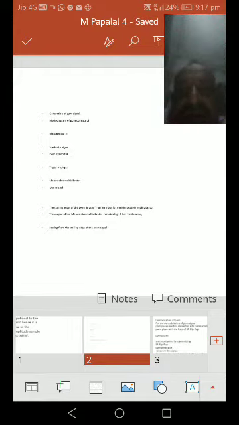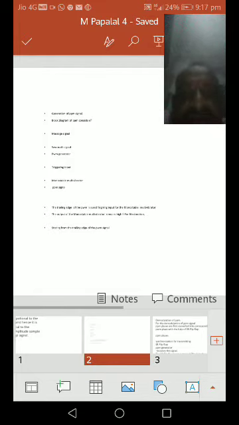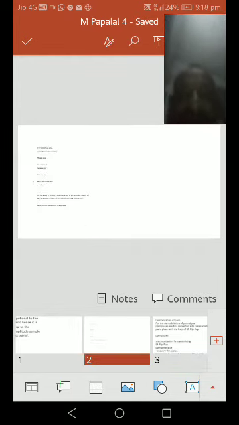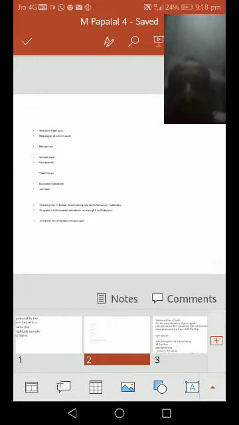That is how we get the output PPM pulses, the pulse position modulation signal. The trailing edge of the pulse width modulation signal is used to trigger the input of the monostable multivibrator. The output of the monostable multivibrator remains high for a fixed duration, starting from the trailing edge of the pulse width modulation signal. That is how we obtain pulse position modulation. We have already explained pulse width modulation.